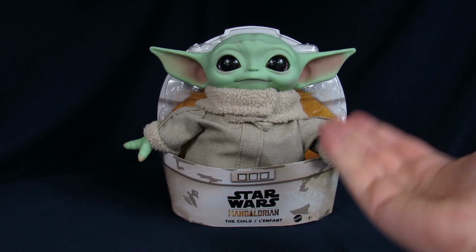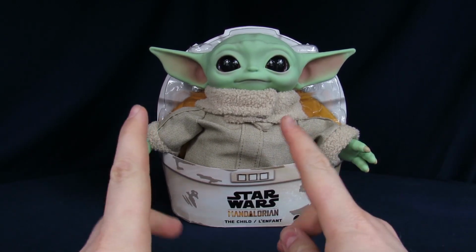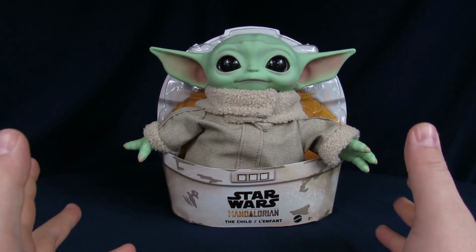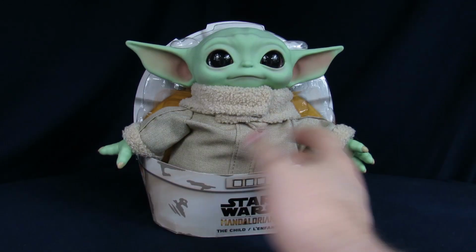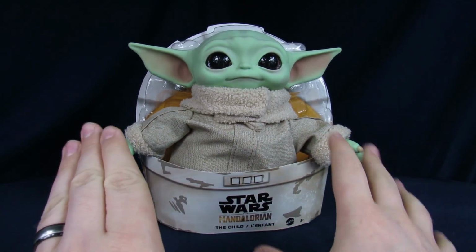Decided to pick this up just because I really like The Mandalorian, and my wife likes collecting plushies and more cutesy things like this, so it just seemed kind of a nice fit. And at 25 bucks, looking at it, seemed like a pretty reasonable deal. But it's not always a guarantee, so without further ado, for its packaging, I do like that it's kind of